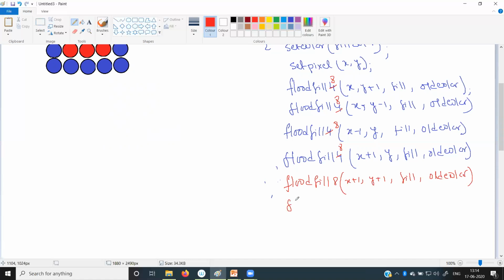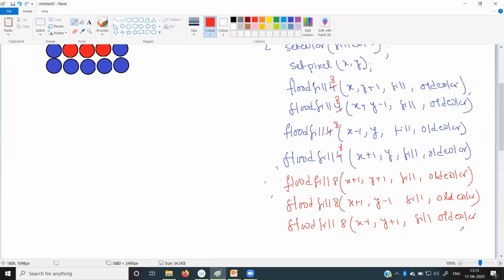Okay. Then flood fill, x plus 1, y minus 1, fill color, old color. And then again flood fill, x minus 1, y plus 1, fill color, old color.